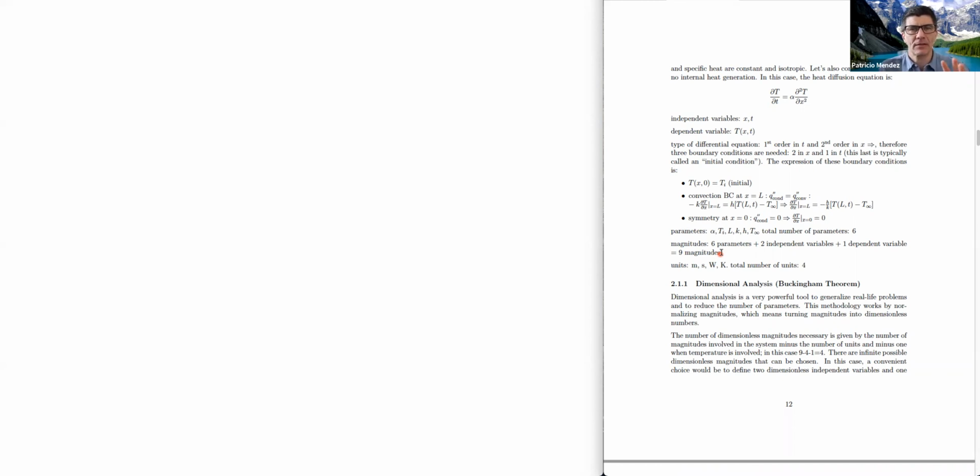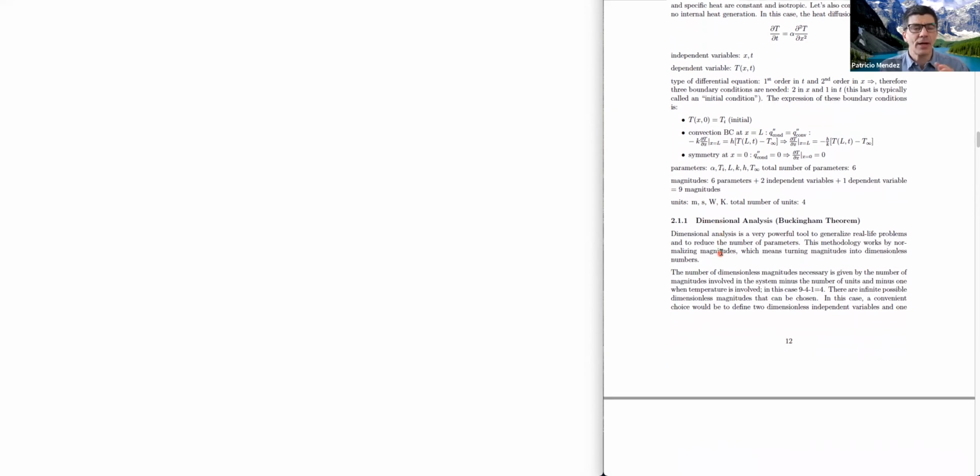Here's where this dimensional analysis comes to the rescue. Dimensional analysis helps us reduce the number of experiments and increase our understanding. This Buckingham theorem that you were exposed to in fluid mechanics, I don't know the demonstration and doesn't even matter, but it says this: if we have 9 magnitudes, and these 9 magnitudes have 4 independent units,